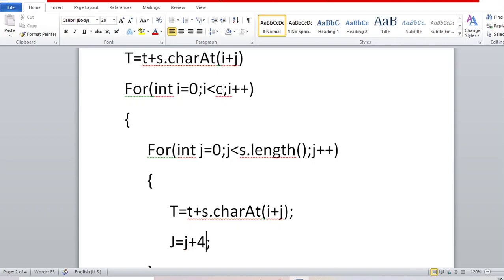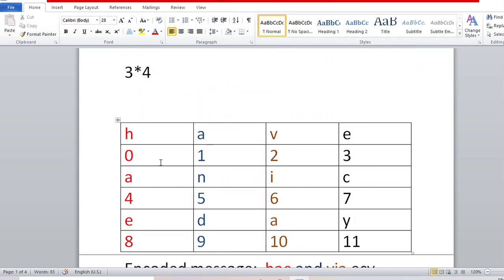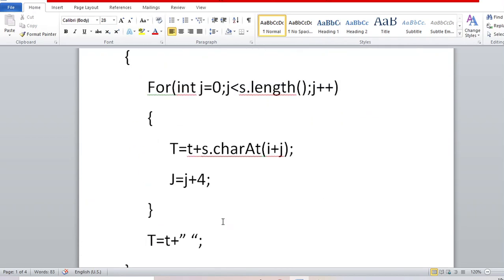The c is 4. Suppose when i is 0, the j will also be 0. So 0 plus 0, it will give this H. Then the j value will be changed. It is initially 0. Now it will be 4. But the problem is, here it is completing the j equal to 0, so it will again come here and again increase by j plus plus.